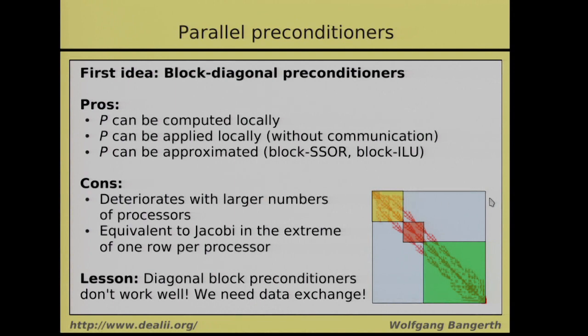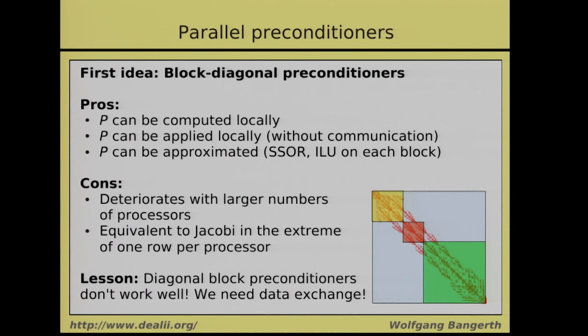Okay, so you compute the inverse on every processor of this block, and then every time you need to multiply your preconditioner matrix by a vector, let's say the yellow processor stores these elements here. It's just going to multiply them with the inverse of this block. That's a local operation. Okay. The red processor is going to take these elements of the vector and multiply them with the inverse of this block, and so on and so forth. Okay, so you get an operation that we can do completely locally. We don't need any